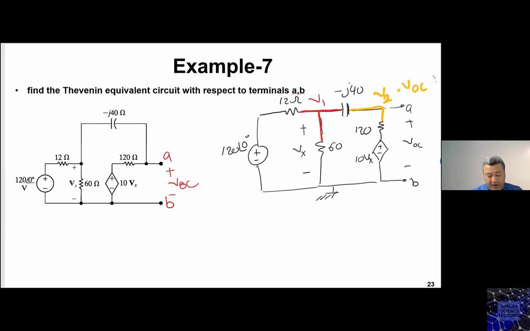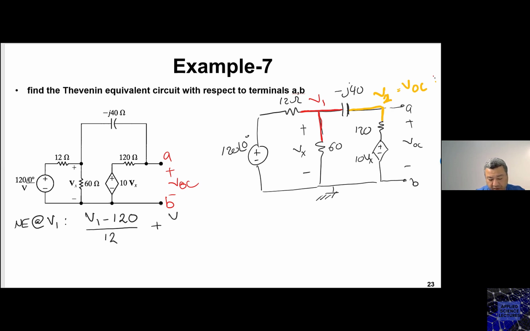So in order for me to write the nodal equation at V1, the nodal equation at V1 will be V1 minus 120, right? Now this is 0, which means I can remove it because as you know that sine 0 is going to be 0 anyway, and you will end up with only a real number. So V1 minus 120 divided by 12